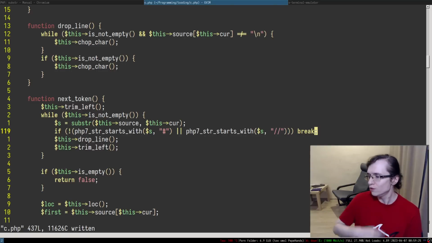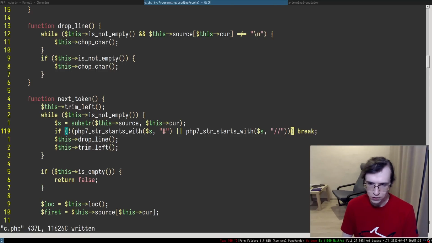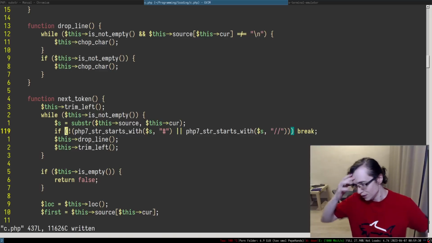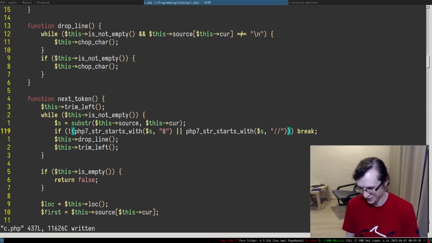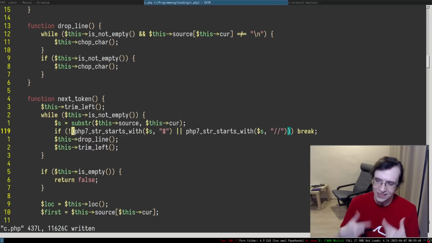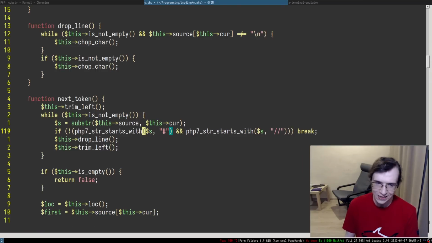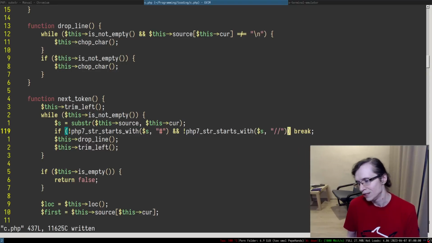Who knows, who remembers the De Morgan law? Nobody gives a shit because everyone uses ChatGPT. What the fuck is De Morgan law? So essentially, it's when you have this logical expression, right, and you negate that logical expression, what you do, you replace disjunction with conjunction and you negate each individual element of this entire thing. So that's how it works. That's basically the De Morgan law. If anyone even cares in 2023 what the fuck is the De Morgan law, that's the De Morgan law, right?